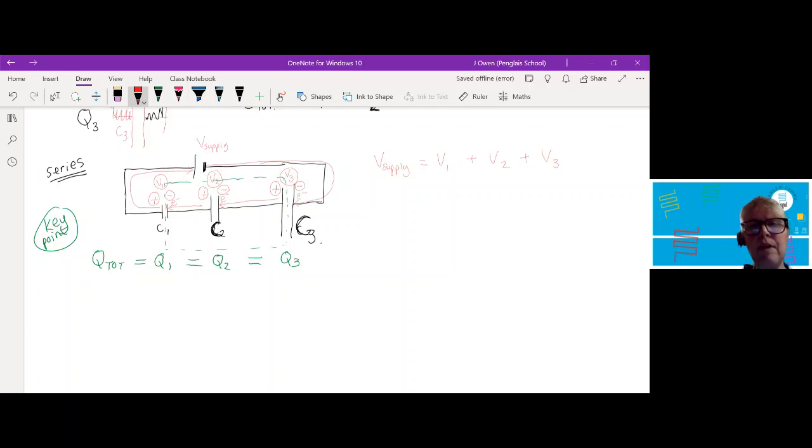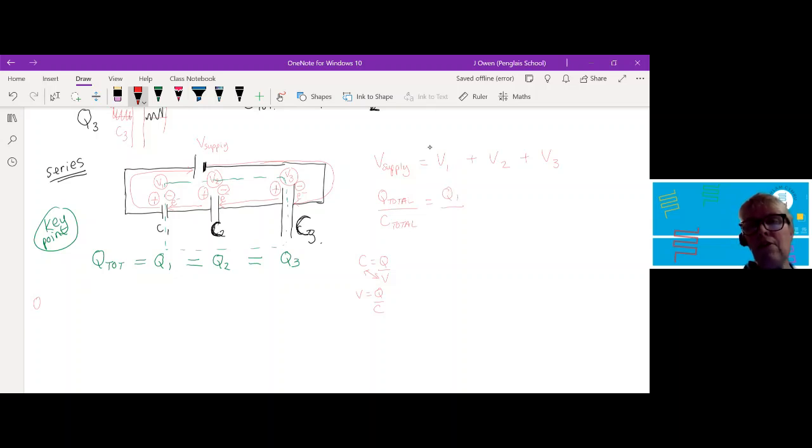So now let's go back to our equation. Q equals CV, so C equals Q over V. So the voltage of the supply is Q total divided by the capacitance total of the series circuit. And that is because we've got C equals Q divided by V. So we just rearrange that: voltage equals Q over C. Now that is equal to